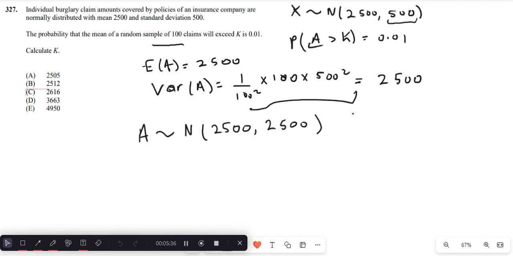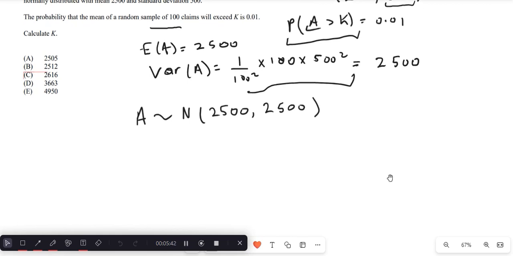I'm not going to directly use what I was given here. I'm going to rather find the complement of the probability of A greater than k. That is, the probability that A is less than or equal to k is equal to